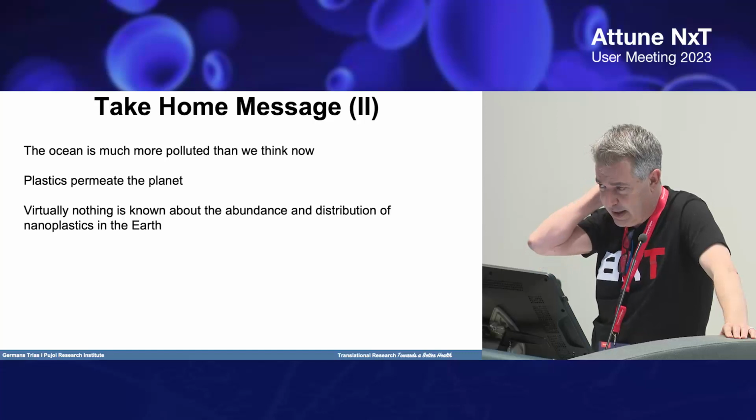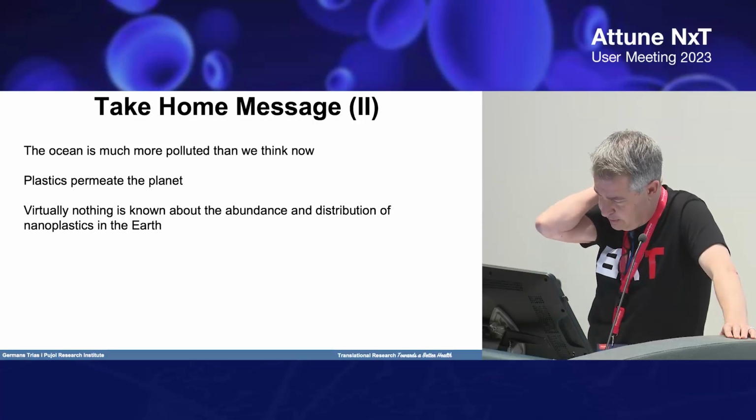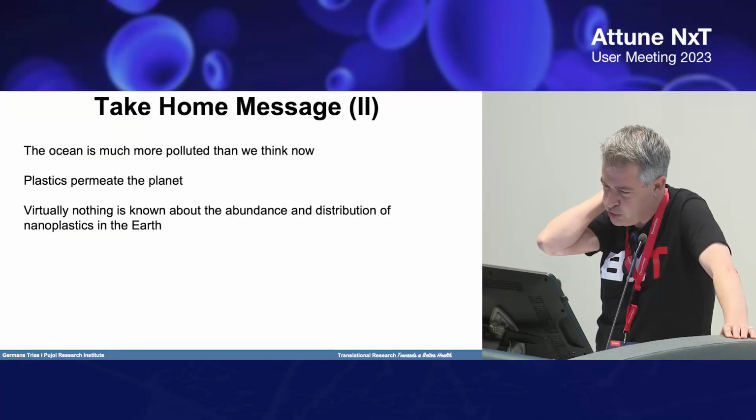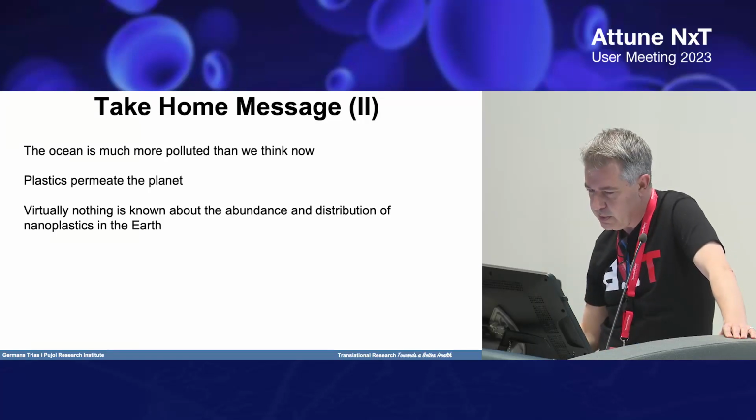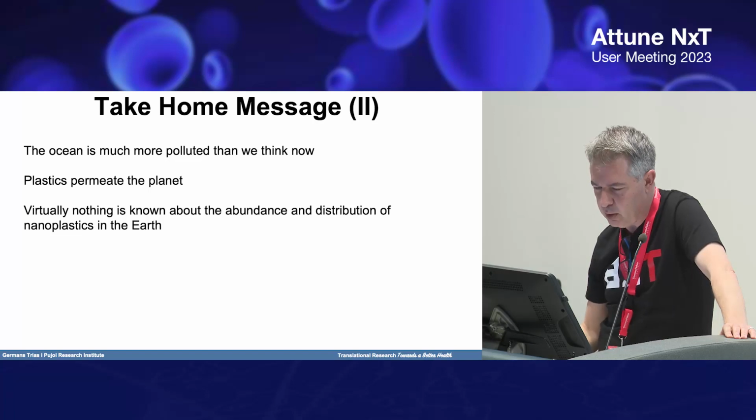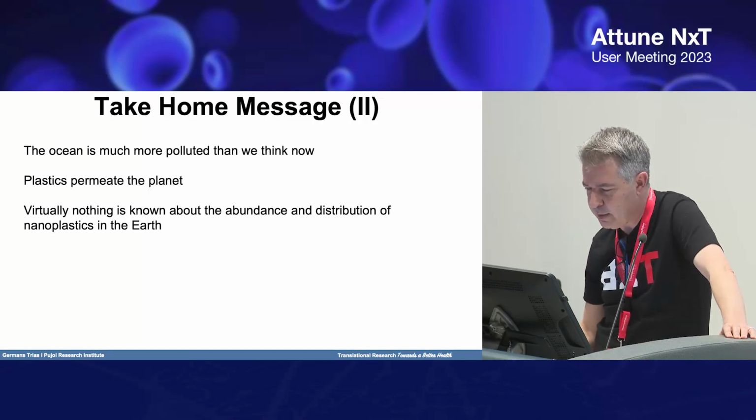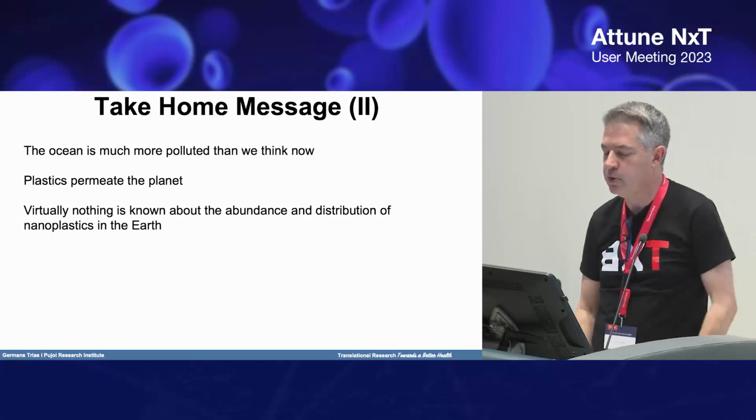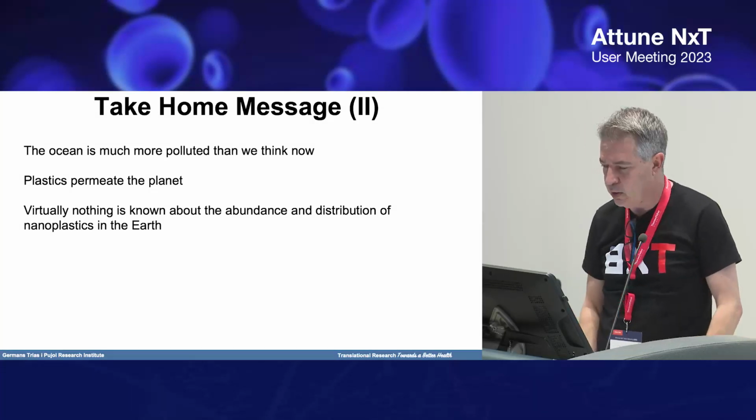It's expected that in 2050, we will have more plastic than fishes in the ocean, and the plastic will permeate all the planet, and virtually nothing is known about the abundance and distribution of nanoplastics on earth. And I hope that this method that we have developed will contribute to better enlighten the role of